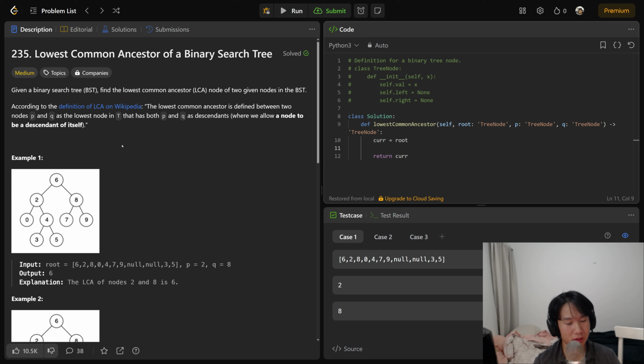Now, the next thing you need to do is loop through for every single value, and you want to keep checking to see what the current value is. So let's think about how we could do this. We have 6, 2, 8. In order to check that it's a lowest common ancestor, we have to arrive at P and Q at some point. So we have to check if P dot val